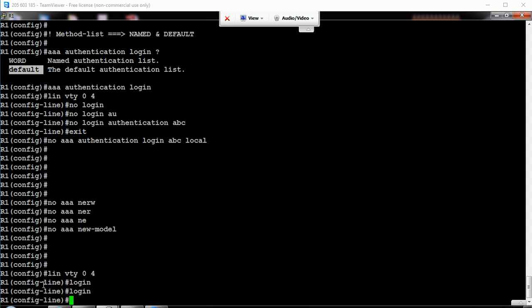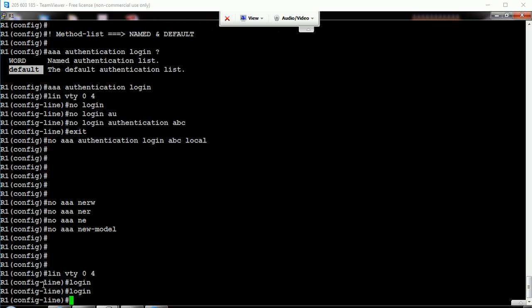After executing what command will the traditional rules not work anymore? AAA command. What command? AAA authentication login. After enabling what command will the traditional rules not work anymore?